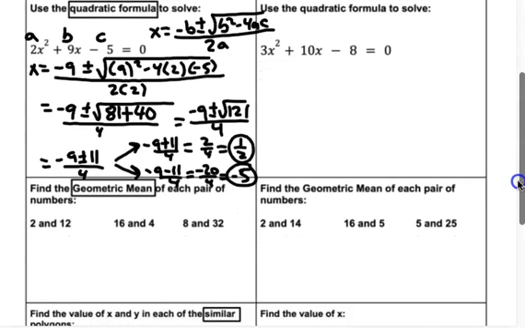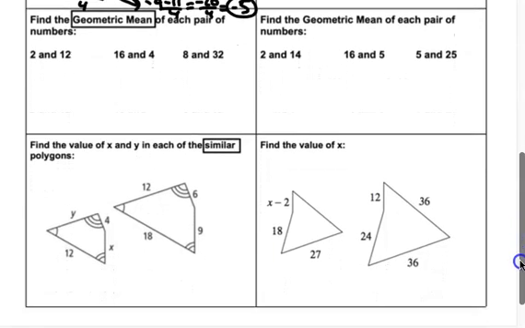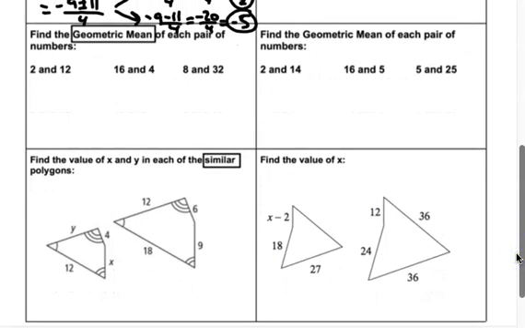Okay, geometric mean. They're going to give you 2 numbers. Those are the extremes. There's a formula that you can use for it, or you can set up the proportion. The proportion here is 2 over x equals x over 12. What's going to happen here every time, we're going to cross multiply. We're going to get x squared equals 2 times 12, which is 24, and then we're going to take the